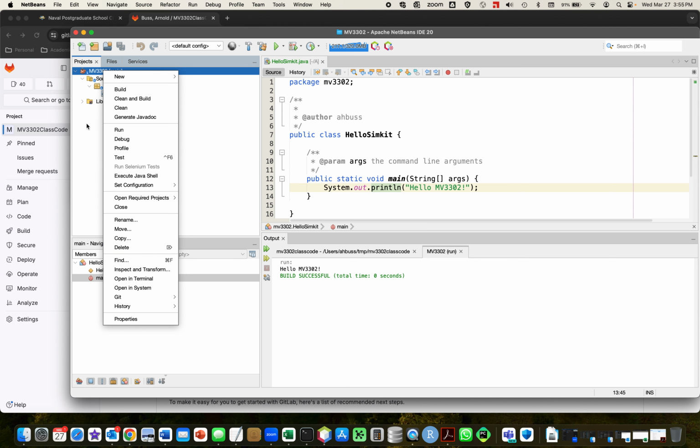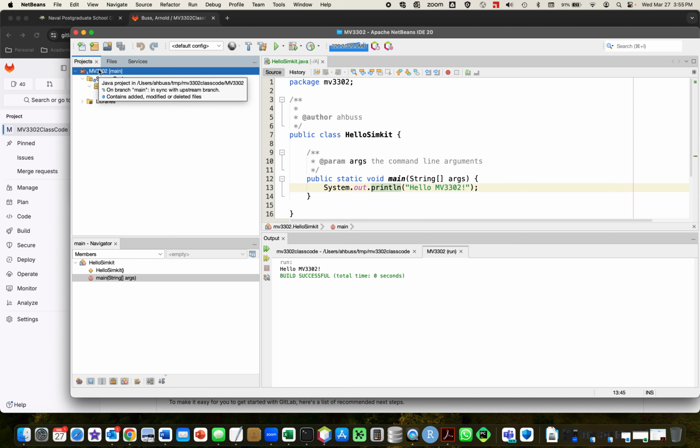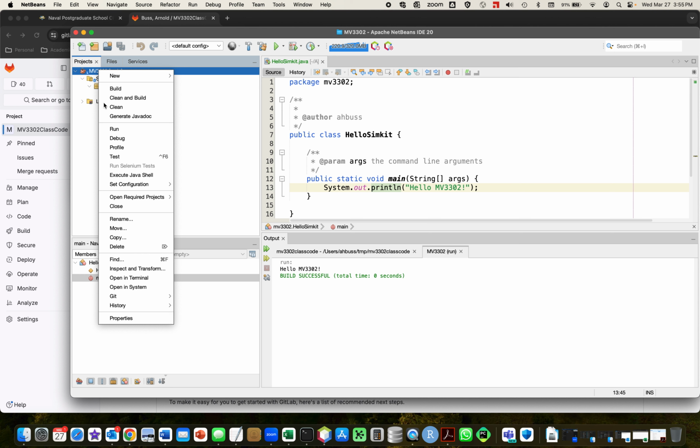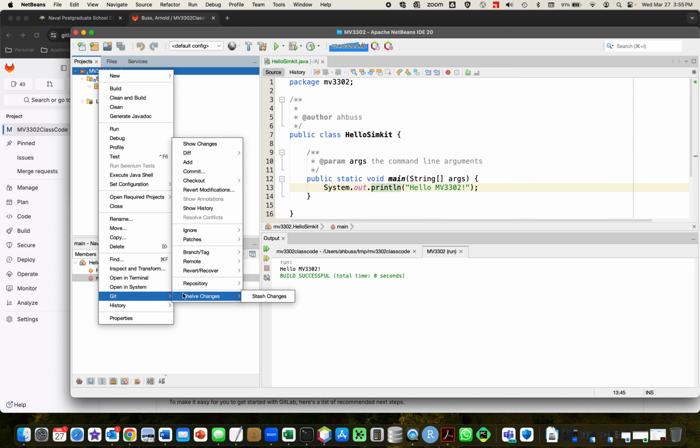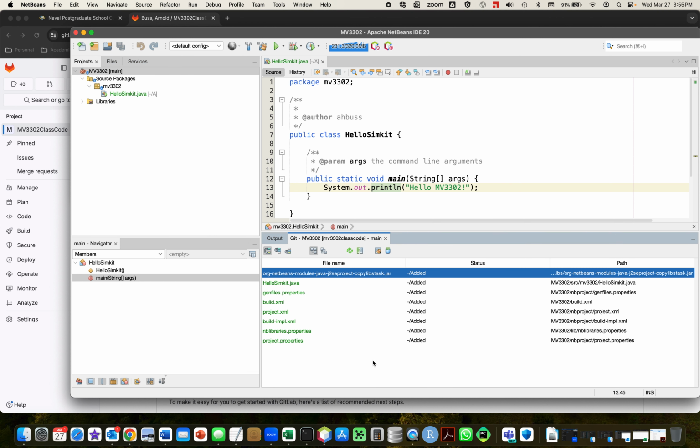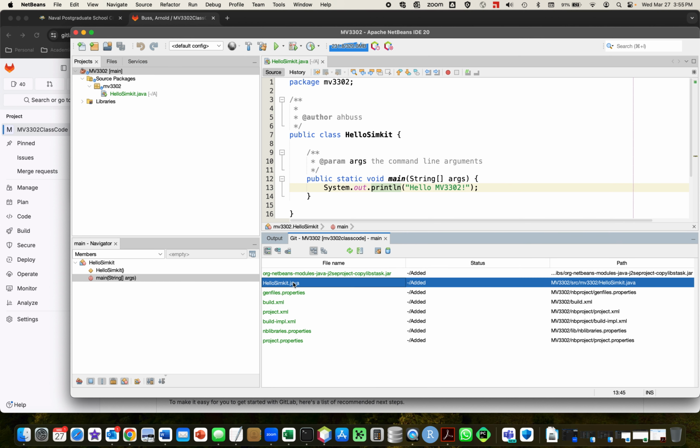And so now right click on the top, always do these on the top of your project. So right click, choose Git, and well, let's show changes. We can see that there's a bunch of things here. Here's the hello world that we've just written. And then these are other files that are